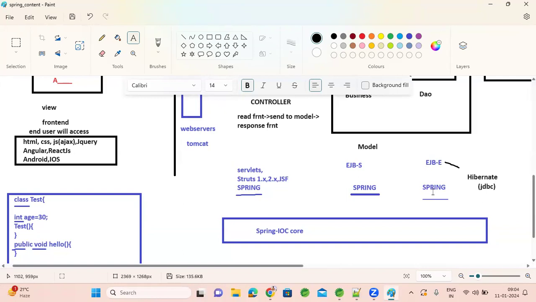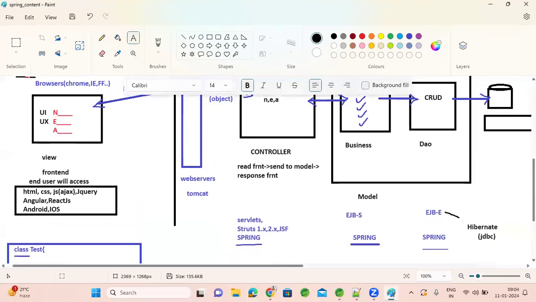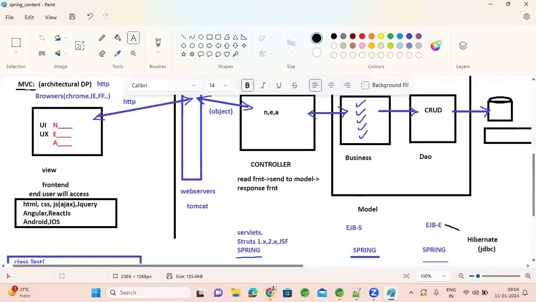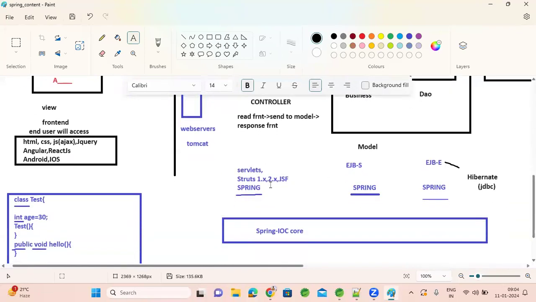What they proposed is this: as a developer, you just need to focus on your business logic, controller logic, and DAO logic. Apart from that, you need not bother about framework logic. On the fly, it will apply features to you, which means you just need to put the Spring framework as part of your application and follow the basic syntax. That's it. All the features it will add to your application without your coding or without you putting a lot of effort into it. On the fly it will apply.